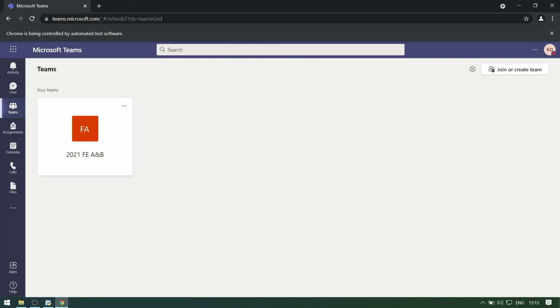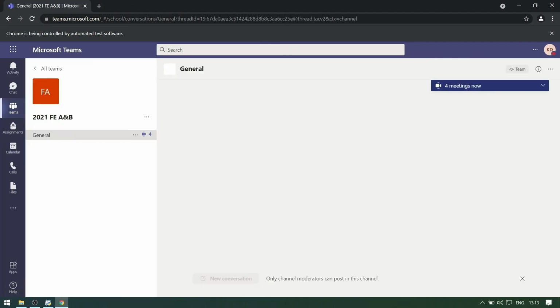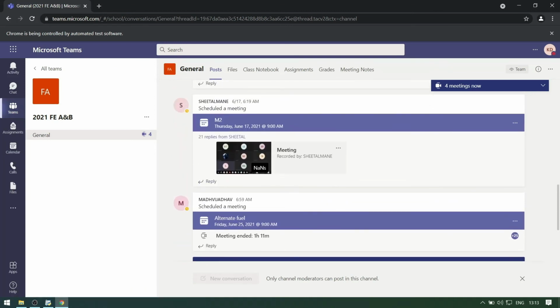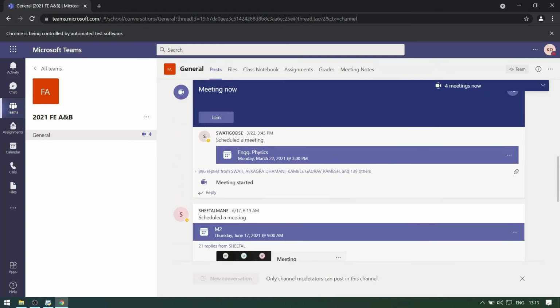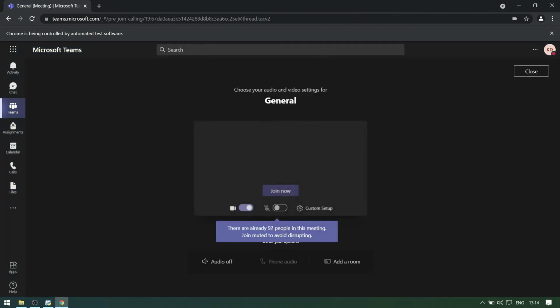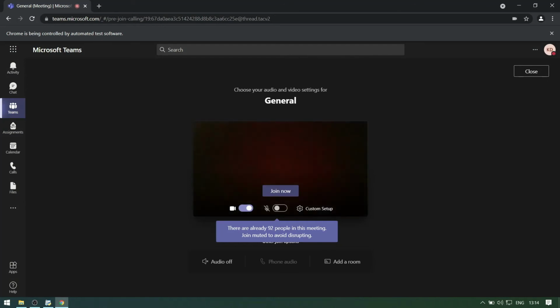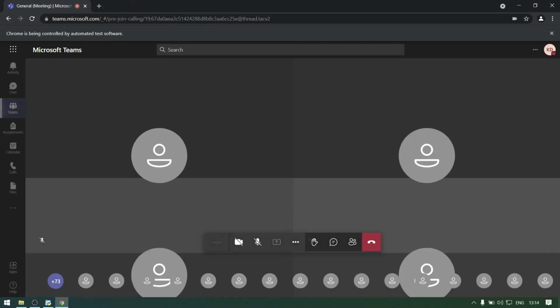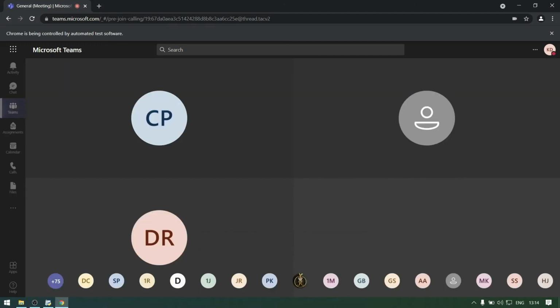It will open the tab and it will start looking for the lecture according to its timetable. It will turn off both camera and microphone and then it will join. As you can see, the bot has joined the lecture.